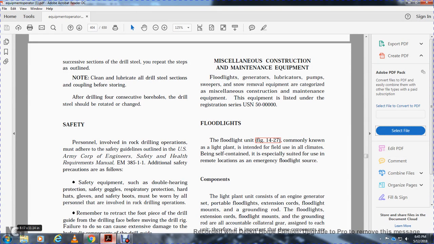Alright, continuing. Miscellaneous construction maintenance equipment. Floodlight generators, lubricator pumps, sweepers, and snow removal equipment are categorized as miscellaneous construction maintenance equipment. Equipment that is listed under the registration USN 50000000. Floodlights, unit figure 427, commonly known as the light plant, the intent of the field, the units of climate